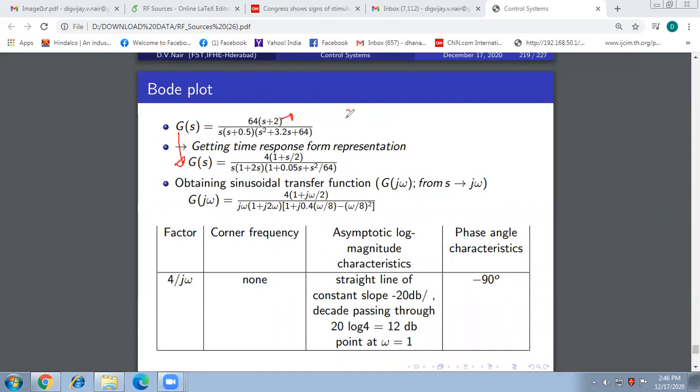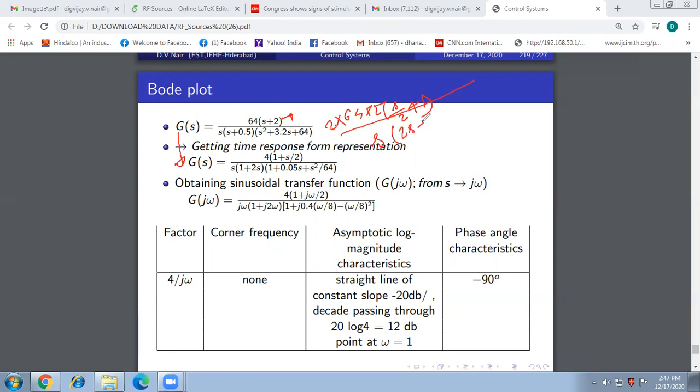So it will be 64 into 2, and here it will be s by 2 plus 1 for that zero, then by s. Then for this pole to be in time constant form, we take 0.5 common. So 0.5 is nothing but 5 by 10, that is 2 will come in numerator, when we take 0.5 common here. And in pole it will be now